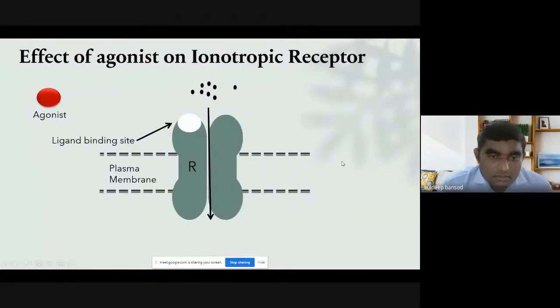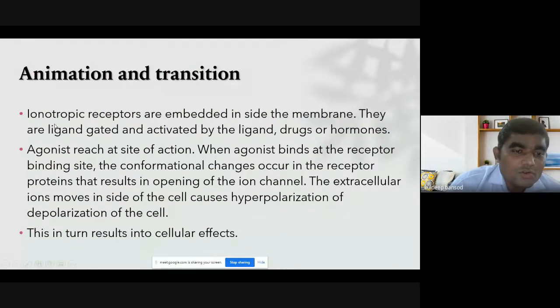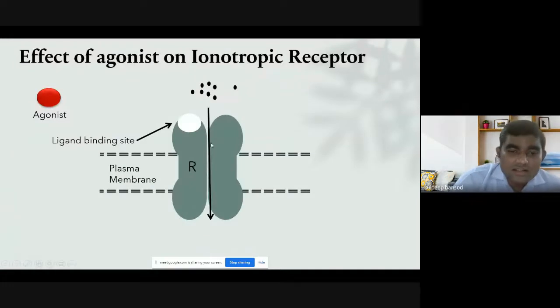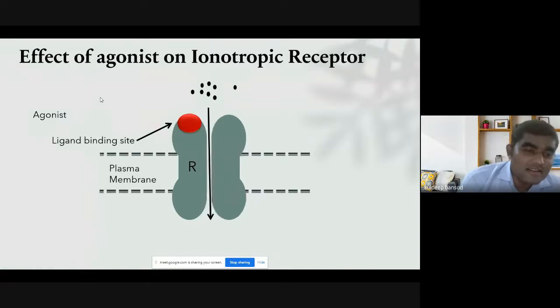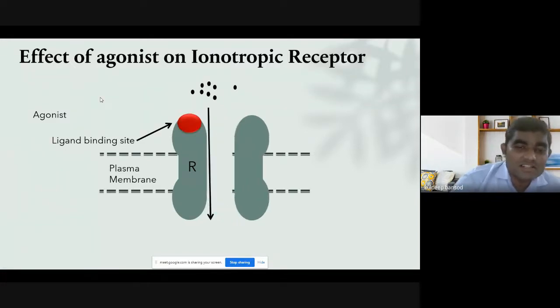So inotropic receptors are embedded inside the membrane, and they are ligand gated. Here are the inotropic receptors embedded in the membrane. The agonist will come and bind at the binding site on the receptor, which causes conformational changes. The ions from the outer side move toward the inside of the cells.